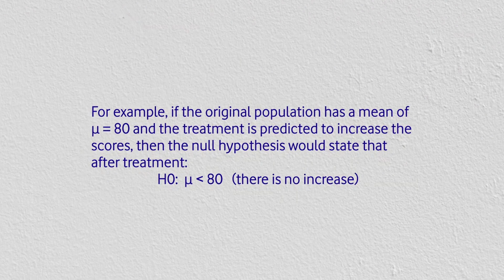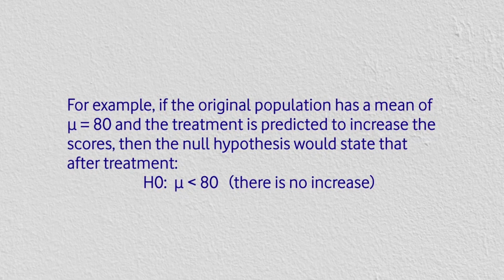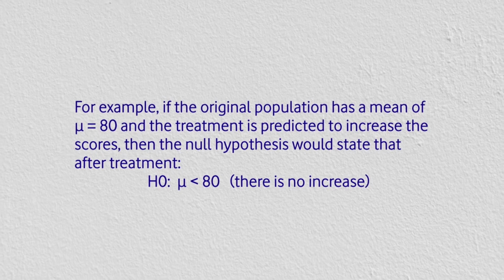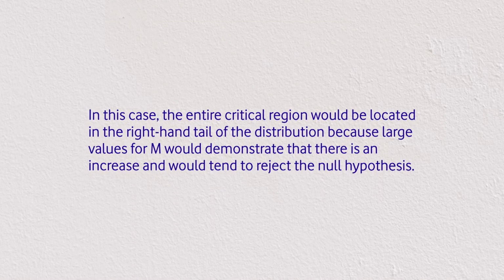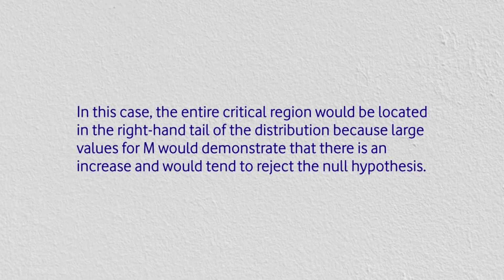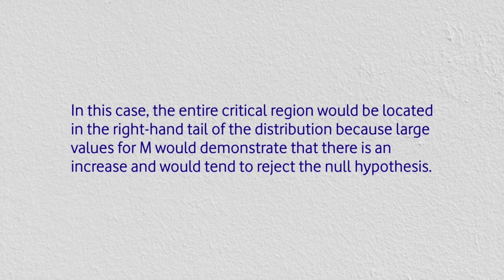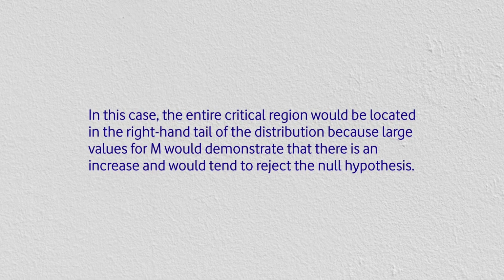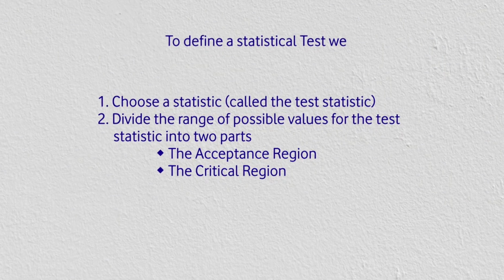the null hypothesis would state that after treatment, mu is less than or equal to 80, there is no increase. In this case, the entire critical region would be located in the right-hand tail of the distribution, because large values for M would demonstrate that there is an increase and would tend to reject the null hypothesis. So to define a statistical test, we choose a statistic called the test statistic, and divide the range